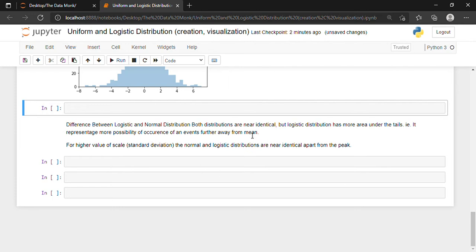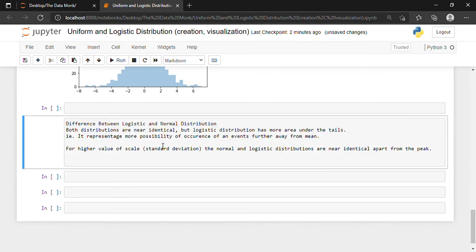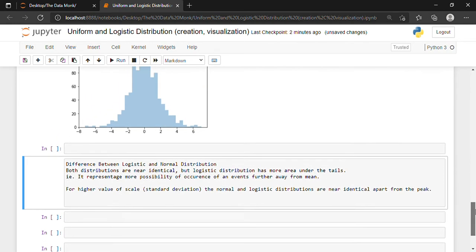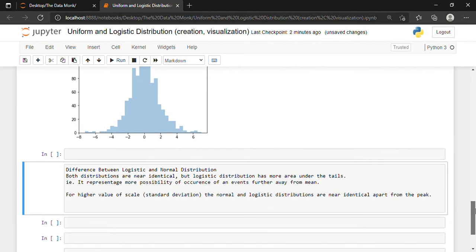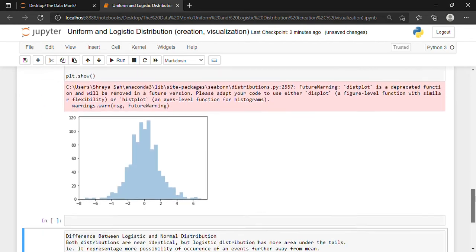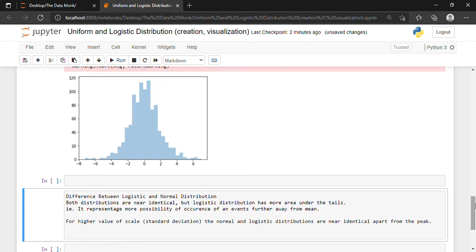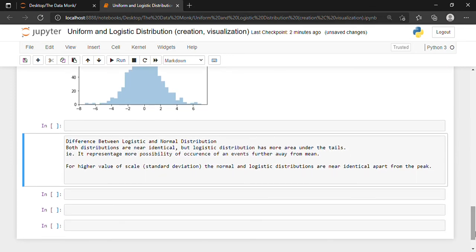Okay, moving on, now we want to see the difference between the logistic and the normal distribution. Both distributions are nearly identical, but logistic distribution has more area under the tails. Since you have already seen the normal distribution video, you will notice that both are bell shaped. The logistic distribution has more area under the tails, which represents more possibility of occurrence of events further away from the mean.